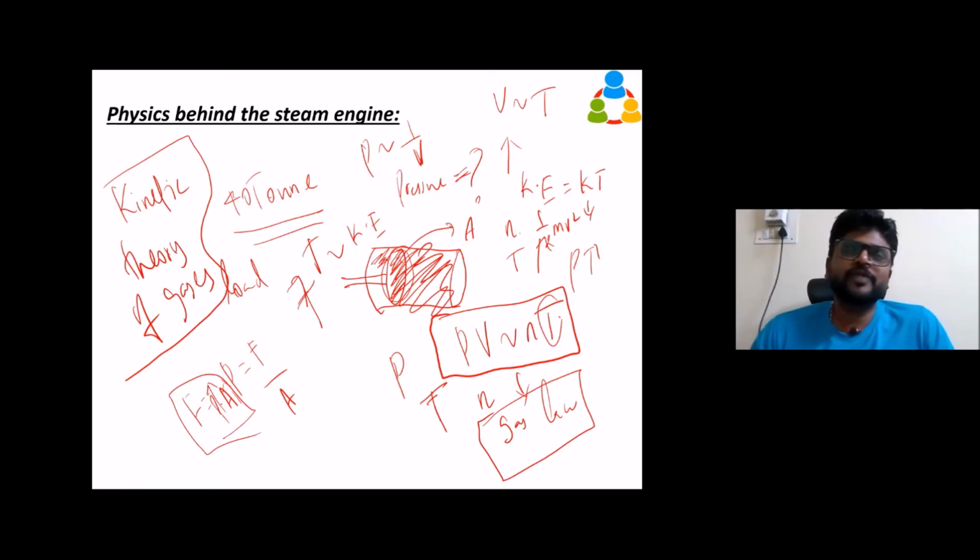Like one table is there, one young chap is moving and the old fellow is also moving. The old fellow can also move the same distance. The young chap can also move, but how quickly will the young chap move, and how quickly can the old man move? Energy spent will be the same at the end of the day, but who moved so quickly? The young chap will move within a second. The old man will take 1 hour to move. But he has also done the same work.